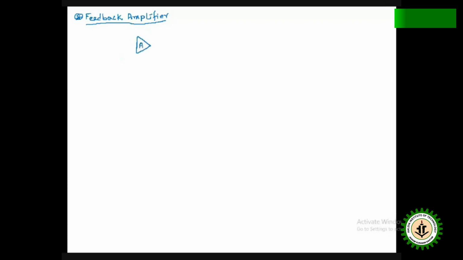This is the symbol of the amplifier. Input and output, Vi input and V0 output. So with this, there is a feedback circuit